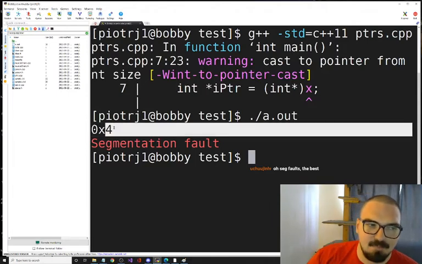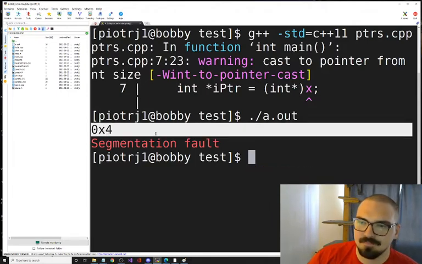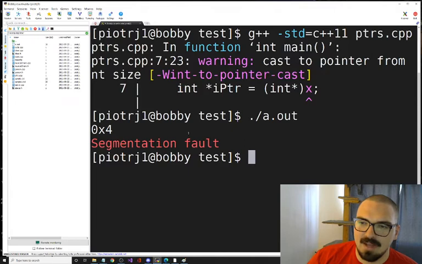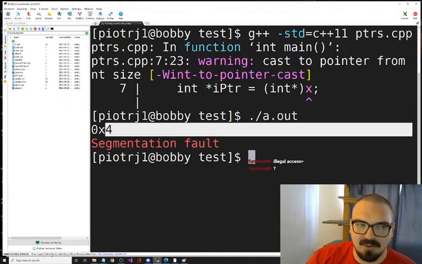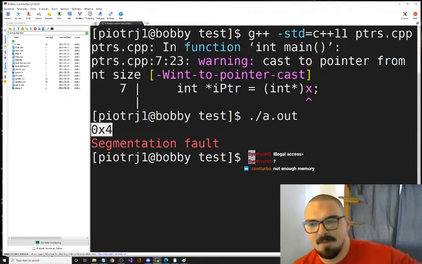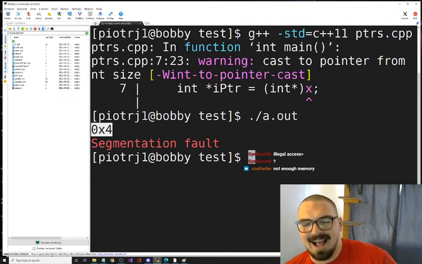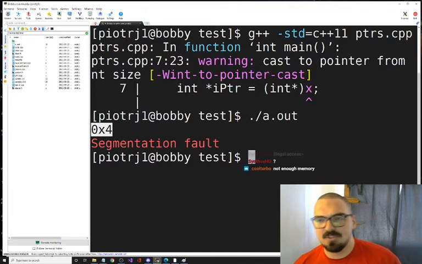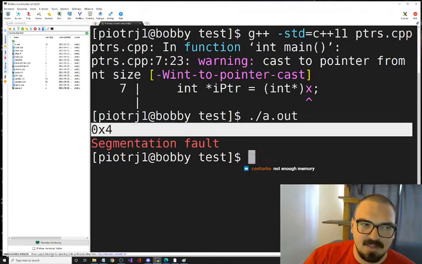This might be out of bounds. I'm not sure. All right, but I tried to dereference an address that was not mine. In fact, I tried to dereference an address that doesn't belong. It's like, this address doesn't even exist. So Siptos, you said illegal access? Almost. But more so that this address is probably not even a thing. This address probably doesn't exist.